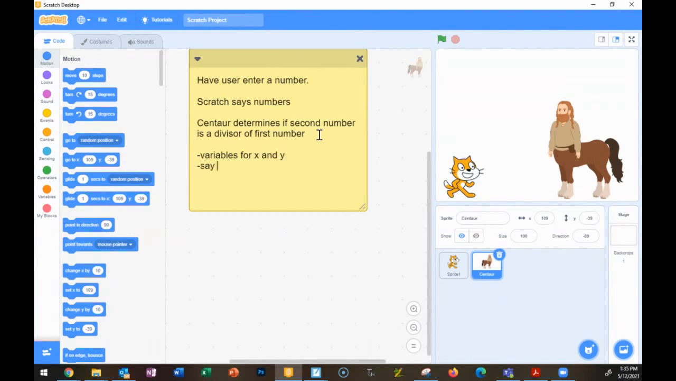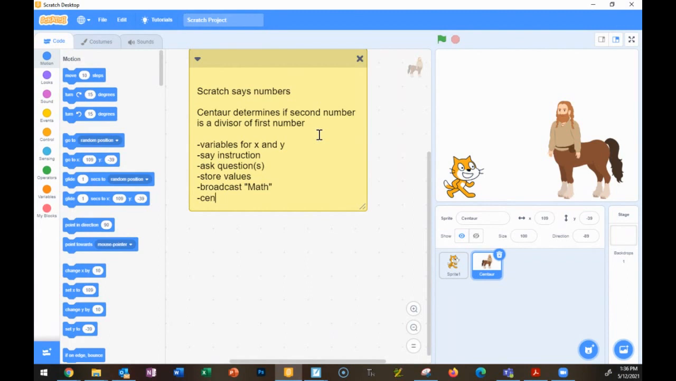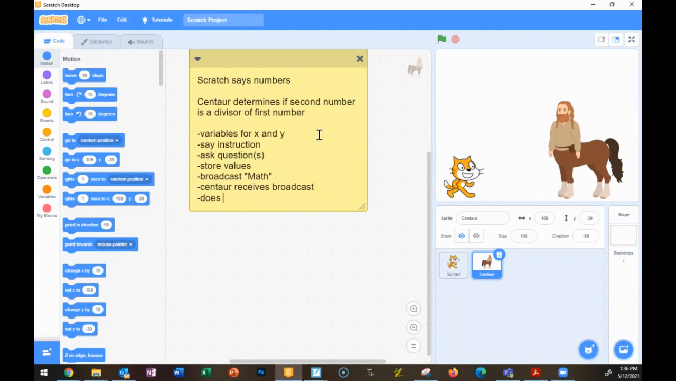Okay, Scratch saying instruction, ask question, store values, centaur broadcast, centaur receives, does math,